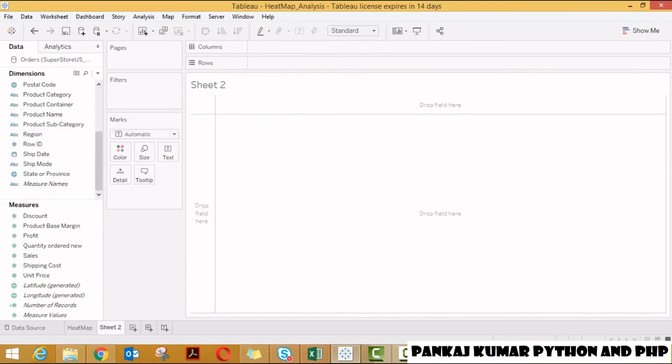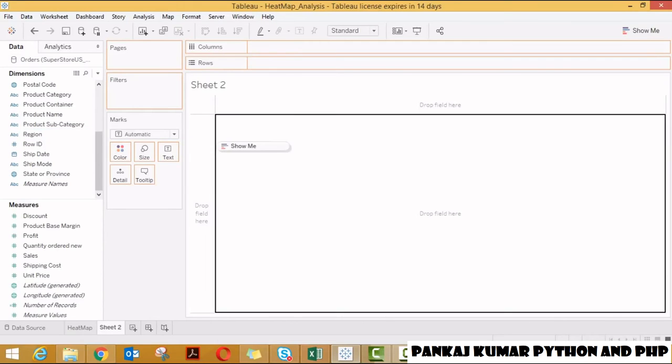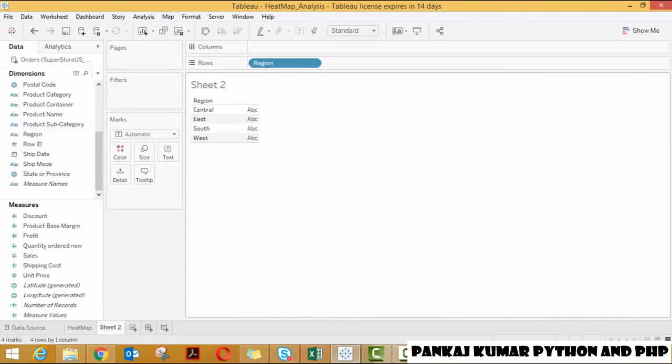Okay, so guys, let us do the second exercise. We have experimented with the heat map. Now I want to plot the bar graph. Let me select one categorical variable, because hope you remember that for plotting any bar graph, the x-axis should be categorical. So let me drag one categorical variable. I have one categorical variable, region, which includes central, east, south, west. These are the 4 regions which are available in the United States.